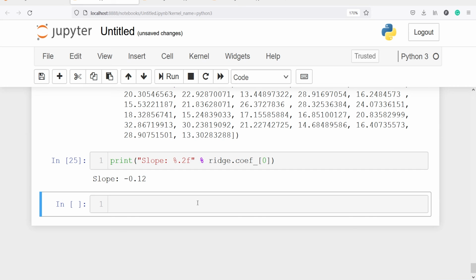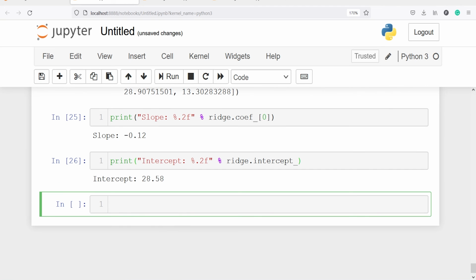Our slope is negative 0.12, and let's also print the intercept. Print intercept, percentage .2f because we want to print it to 2 digits. Then I will call ridge, and to get the intercept we will call intercept_, and here you will see the intercept is 28.58.